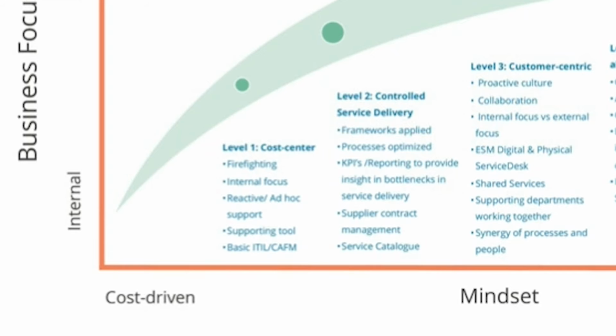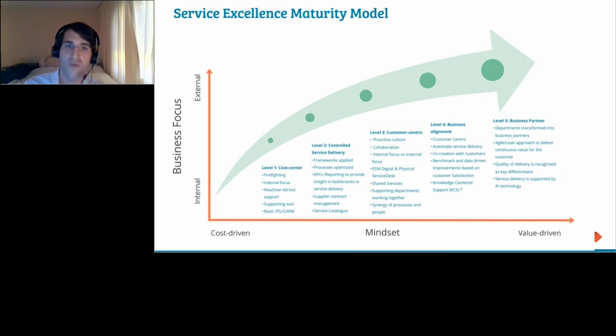which is a controlled service delivery, meaning when your busy times of the year are, you staff accordingly for that. You have some framework supply, you have some standard templates, you have some standard behaviors that make it easier for you to do your job, and the organization knows exactly what to expect from you. And you deal with the organization accordingly. So things that are urgent actually get dealt with urgently, and things that aren't urgent end up in the queue. And you have a more controlled approach to how you do things, and hopefully some standardized reporting available and some standardized knowledge available.